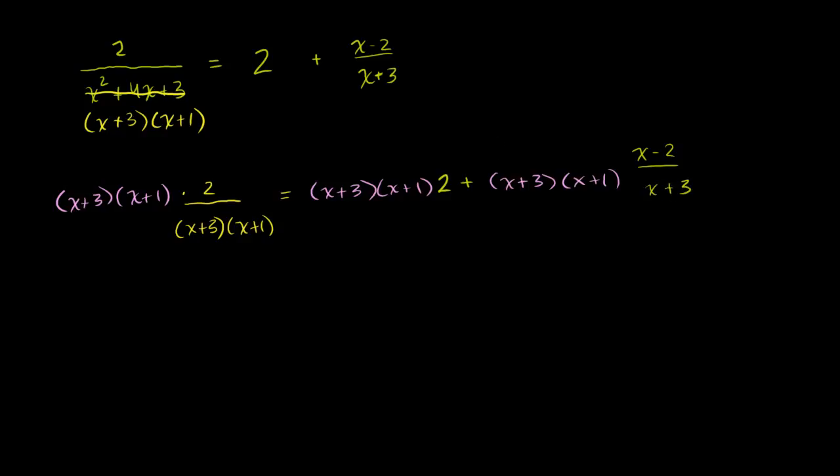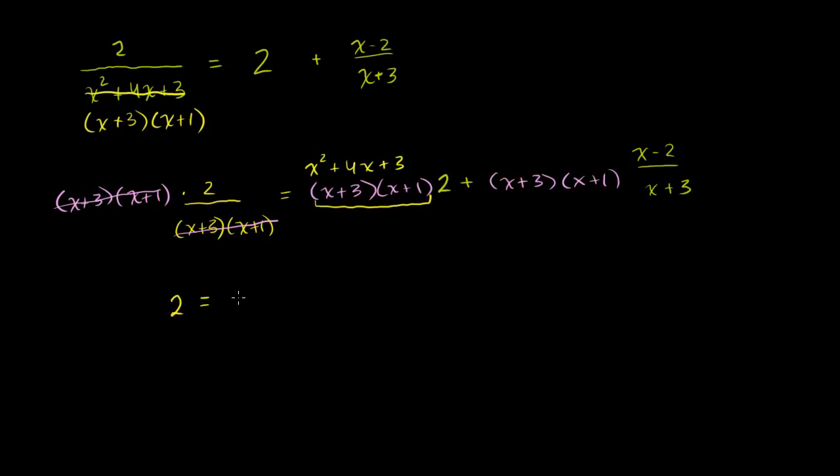Now, the whole reason why we did that is because that will cancel with that. The left-hand side of our equation will just be a 2. And 2 will be equal to, well, 2 times this. We know what this is equal to. x plus 3 times x plus 1 is x squared plus 4x plus 3. We know that. We actually went the other way. We factored it. So it's going to be 2 times x squared plus 4x plus 3,